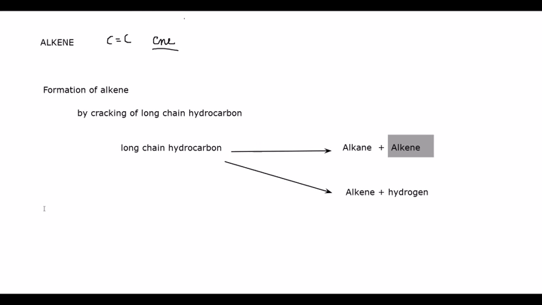Then reactions of alkenes. The first reaction, number one, is combustion, because these alkenes can also be used as a fuel, so we can burn them in the presence of oxygen. This will result in the formation of carbon dioxide and water vapor. So alkene plus oxygen gives, if it is complete combustion, carbon dioxide